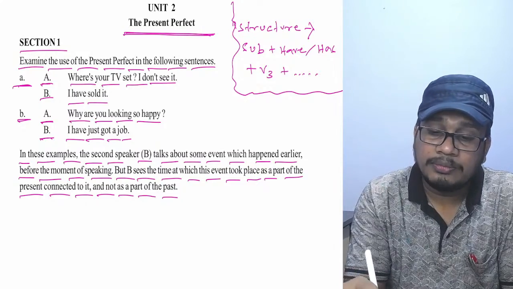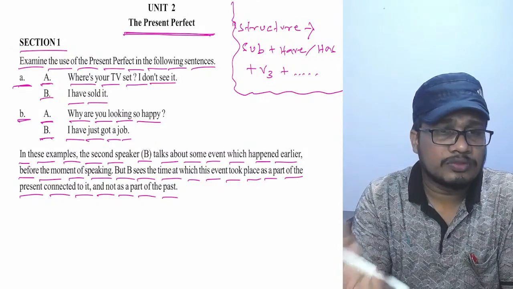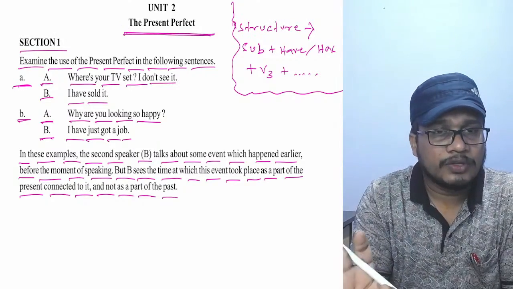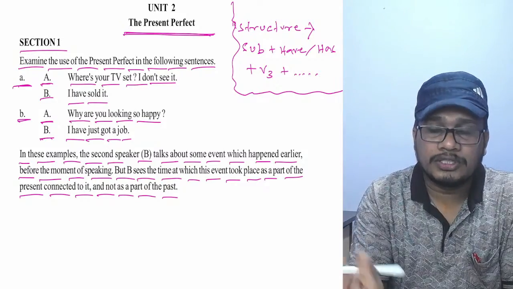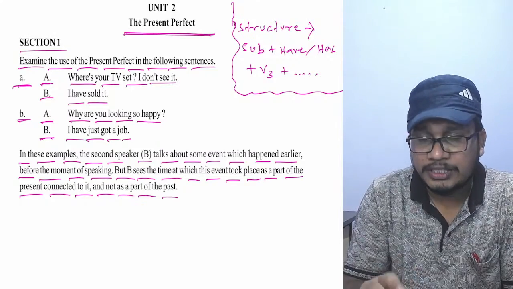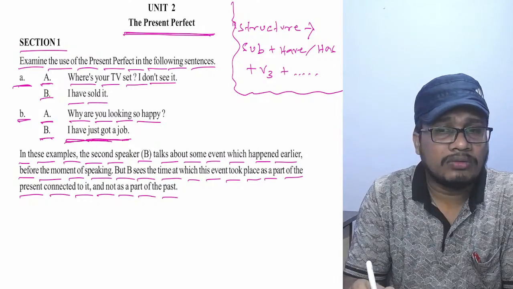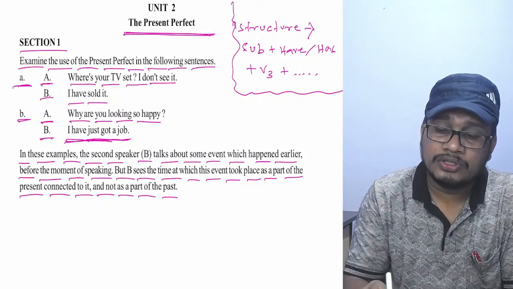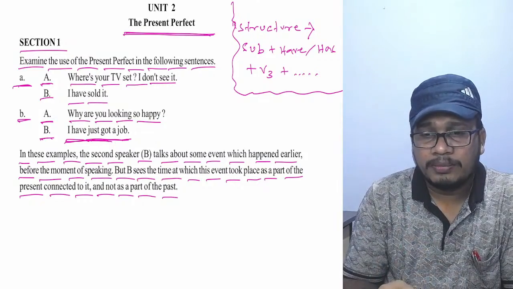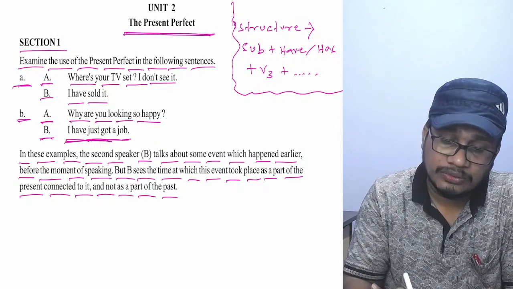Now, the TV set is not there, which means I have already sold it. The place where the TV was set is now empty, there is no sign of the TV. It is the result connected to the present situation. Then, I have just got a job: he is happy because he got a job, so the result is happiness. The action happened in the past, but the result is connected with the present. So present perfect is used